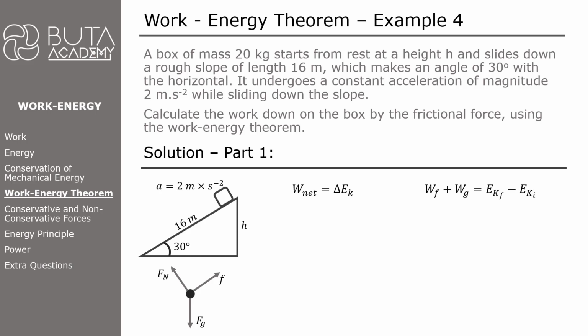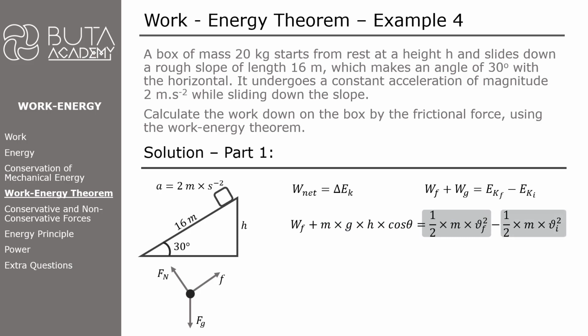Therefore, work of friction plus work of gravity is equal to the final kinetic energy of the object minus initial kinetic energy of the object. Work of gravity can be written as mass times gravitational acceleration, which is equal to the force of gravity, multiplied by height of the incline and multiplied by the cosine of theta, the angle between force of gravity and vertical displacement of the box. On the other side, kinetic energy is equal to 1/2 times mass times square of the